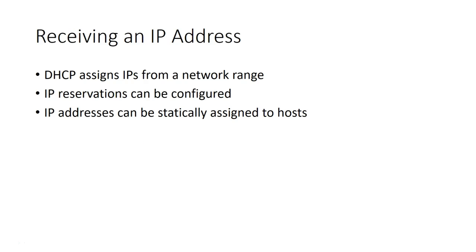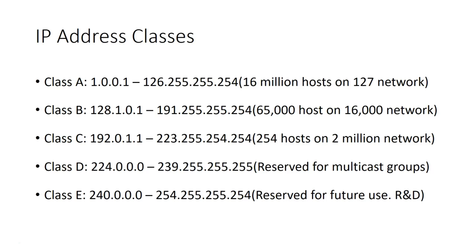Okay, so back to what I was saying at the first slide, receiving an IP address. DHCP is what assigns the IP addresses from a network range that's actually specified by the network engineer. So the network engineer could say, back here on this slide where we had class A, B, and C, say we had a 192.0.1.1 through, well, that address range. Well, we could actually go